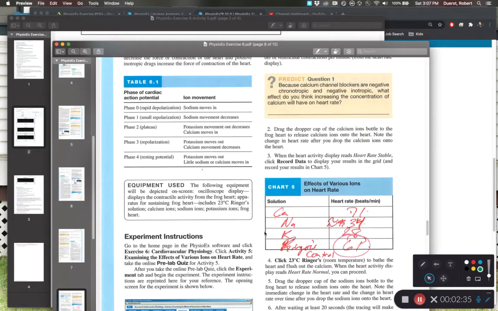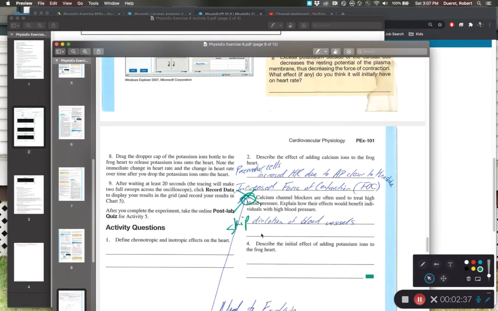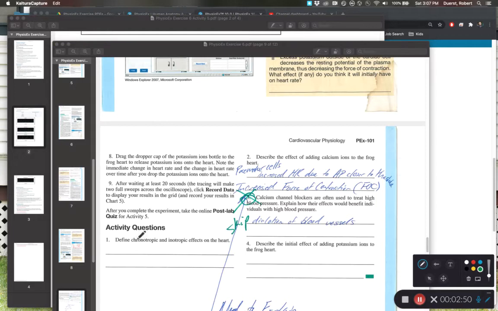Let's go back to our questions. Define chronotropic and inotropic effects on the heart. Chronotropic effects are effects that alter the time in between beats. As we look at this root word, chrono is a root word for time. So if we change the heart rate, that is going to be a chronotropic effect. And an inotropic effect is going to be an effect that changes the force of